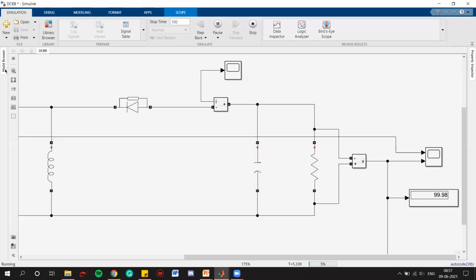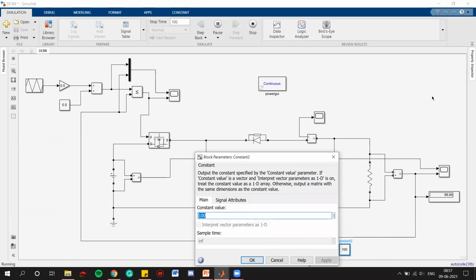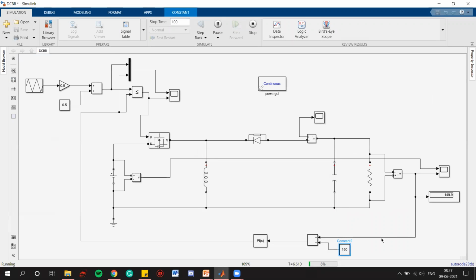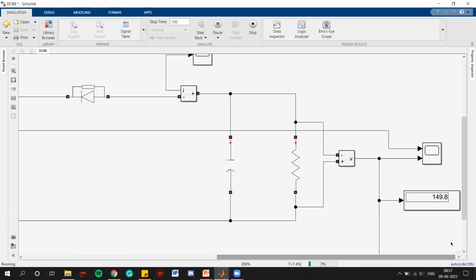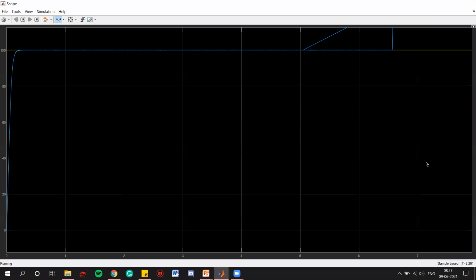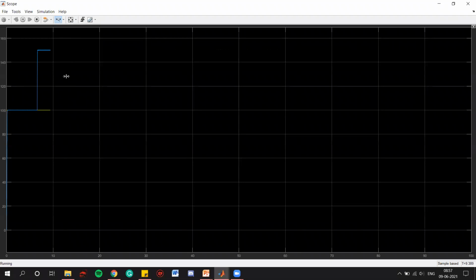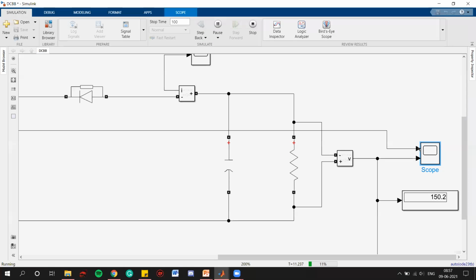So now we will not close the circuit. We will change this 100 to 150. If we apply, then we can see here our output automatically changes to 150. If we see the graph, we can see here the yellow line, that is the input, will remain constant, but the blue line, that is the output, will increase and it will go to 150. Right,